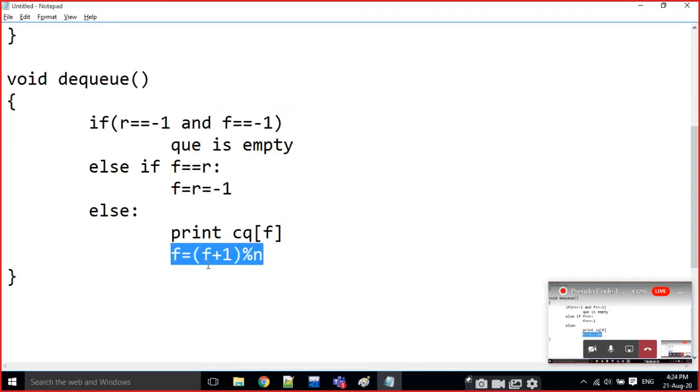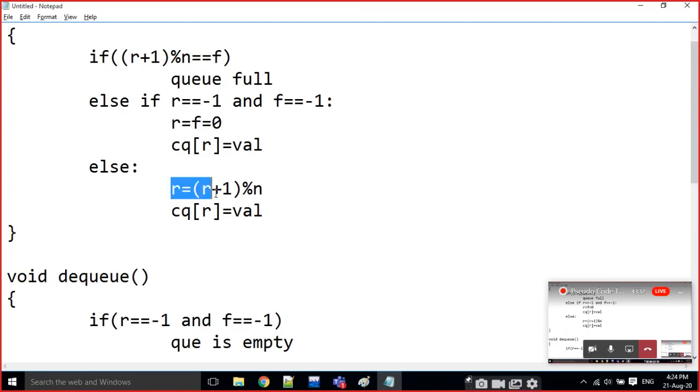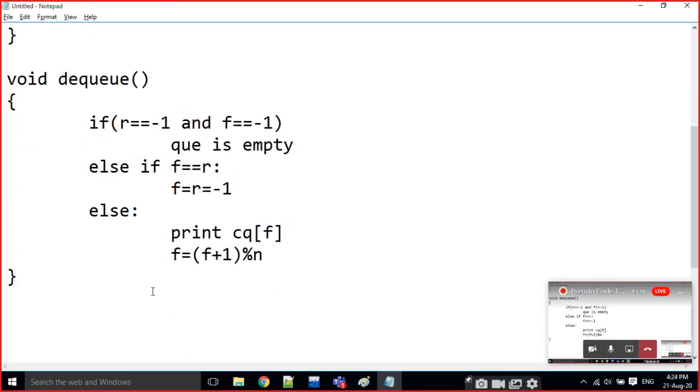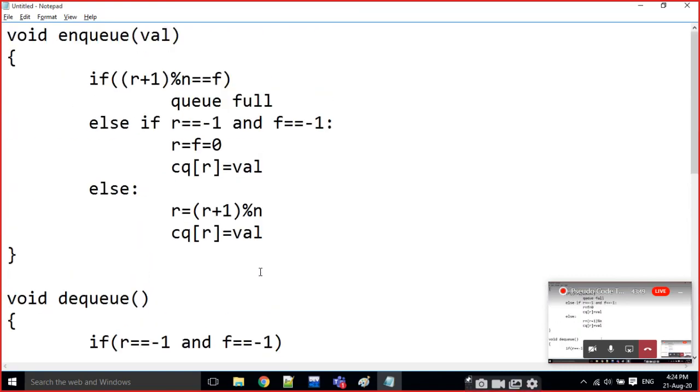Just observe here and here also we are doing the same operation. That means if you are reaching the last position, but some elements are still in the queue, we have to come back to the original first position. That's why we are writing this one. At this position we are going to insert the value. The rear is at the last position, but there are some empty blocks at the front, so we are moving into the front using this condition. Note down this DQ.